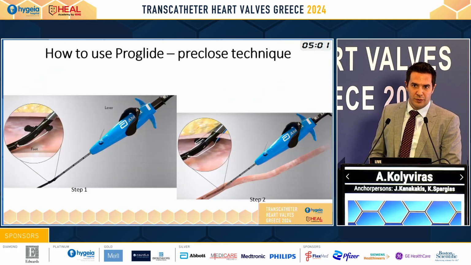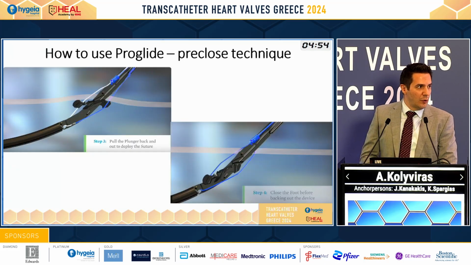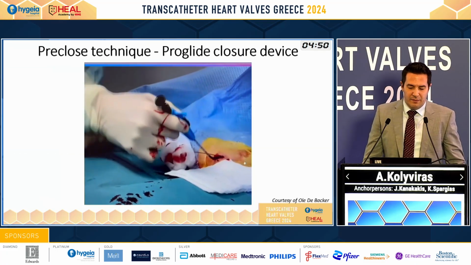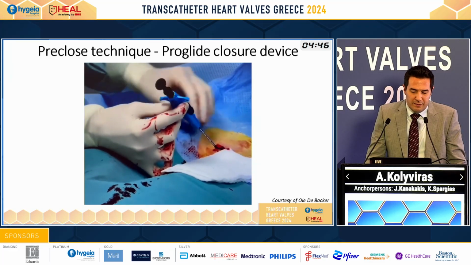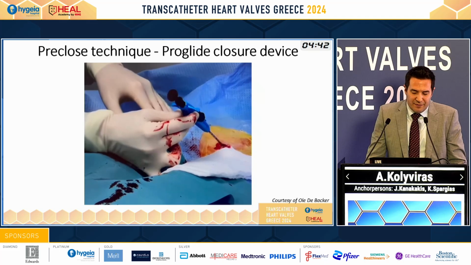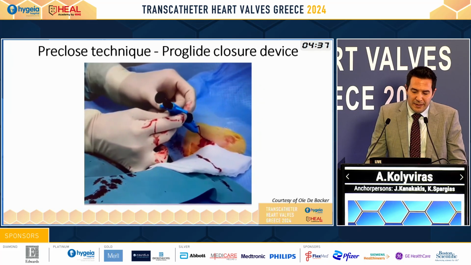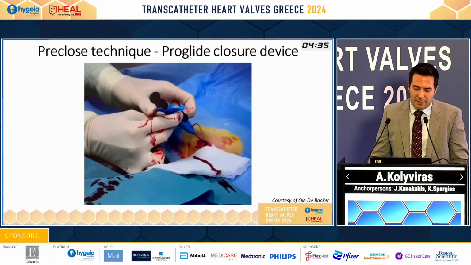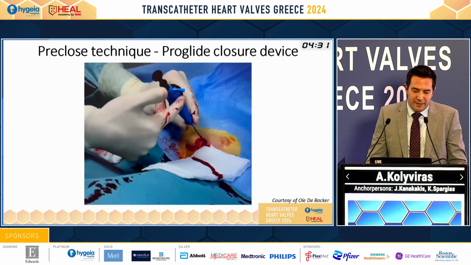A few words about the ProGlide. Step 1 is to open the foot into the vessel. Step 2, we bring down the needles. Step 3, we deploy the suture, and step 4, we close the foot and we bring back the device. Just a video, this is the beginning of our procedure. We pull back the guide wire, we keep the 45 degrees, and we advance the ProGlide. The technique is very simple. When we have back bleed, we rotate the lever, we pull back the device,